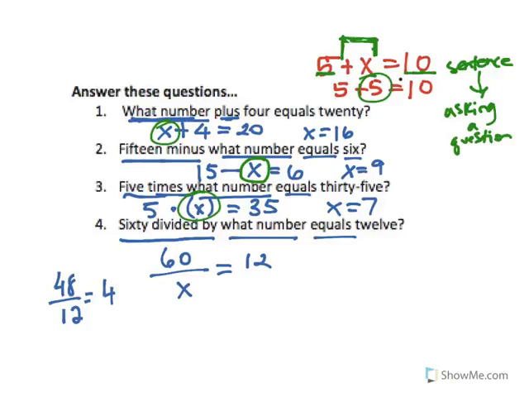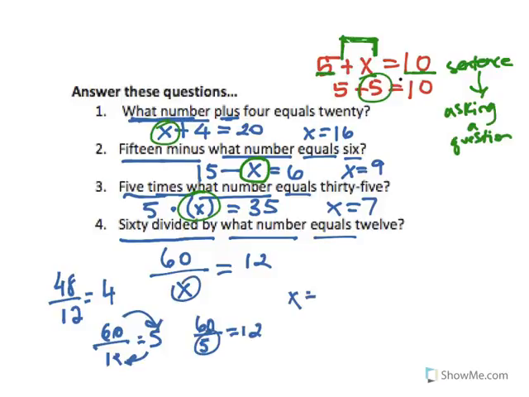And I know that if I go up one more, 60 divided by 12 equals 5, that 60 divided by 5 must equal 12. So if I know that 60 divided by 5 equals 12, x must equal 5. So this is a non-traditional way of solving equations,